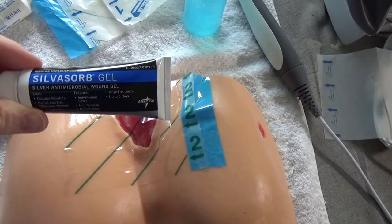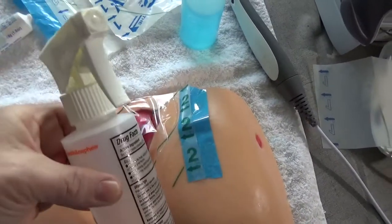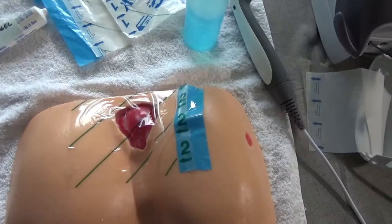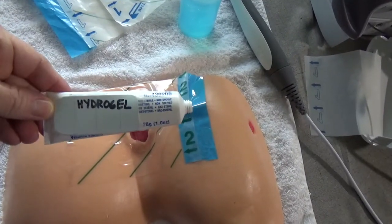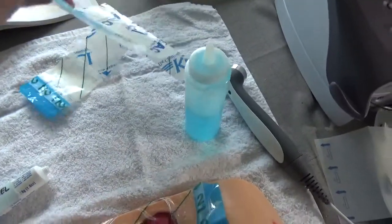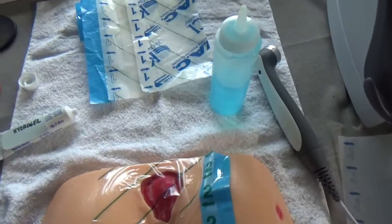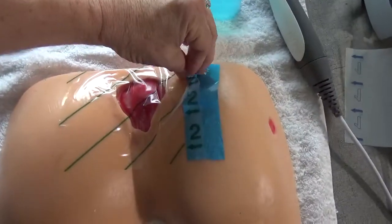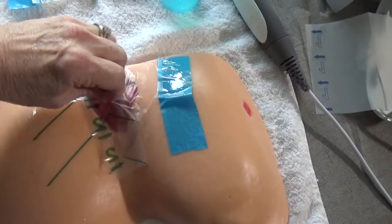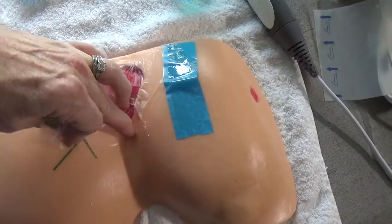If we were using this as a wound dressing, we would have irrigated it out with a wound cleanser first. After the hydrogel was placed in the wound, then we have this thin film material that you may use. You may see it as Opsite, Tegaderm. This is a wound vac material here that I have the thin film on, basically sticky cellophane, and so I'm